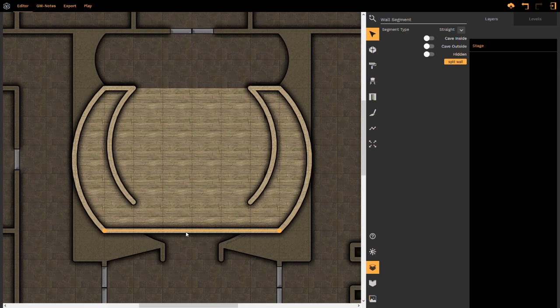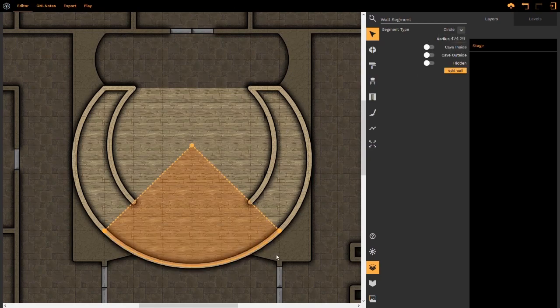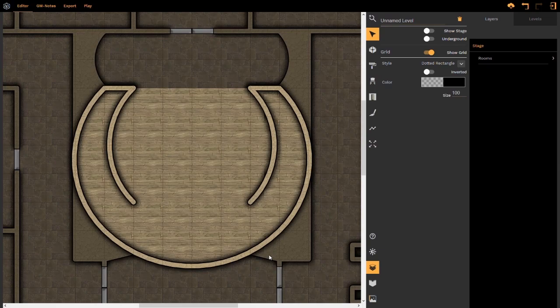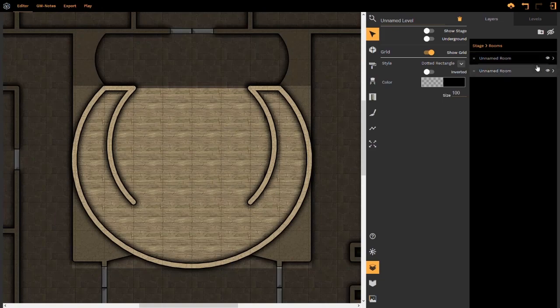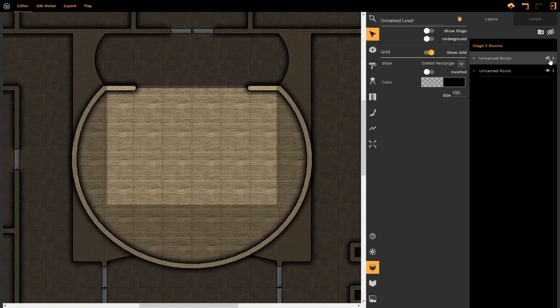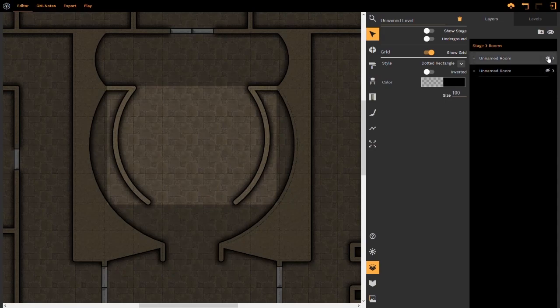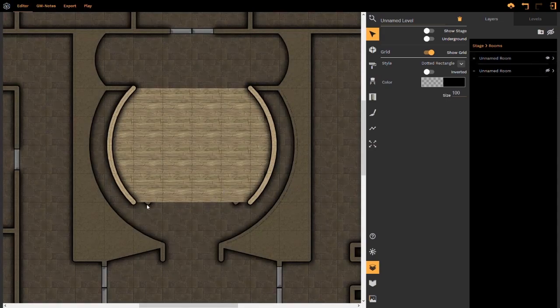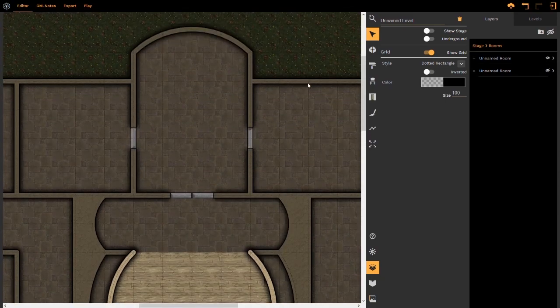For the bottom wall, we're going to have to do some additional steps, because what we want to do is we want to have those little outcroppings here. And to do so, we're going to, first of all, set it to circle so that we can see that it fits. And now let's return to the